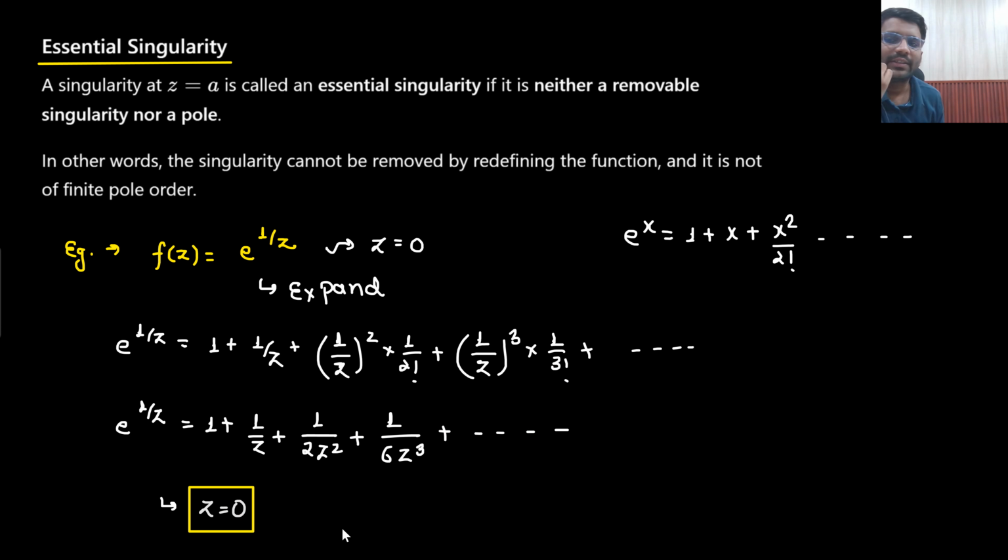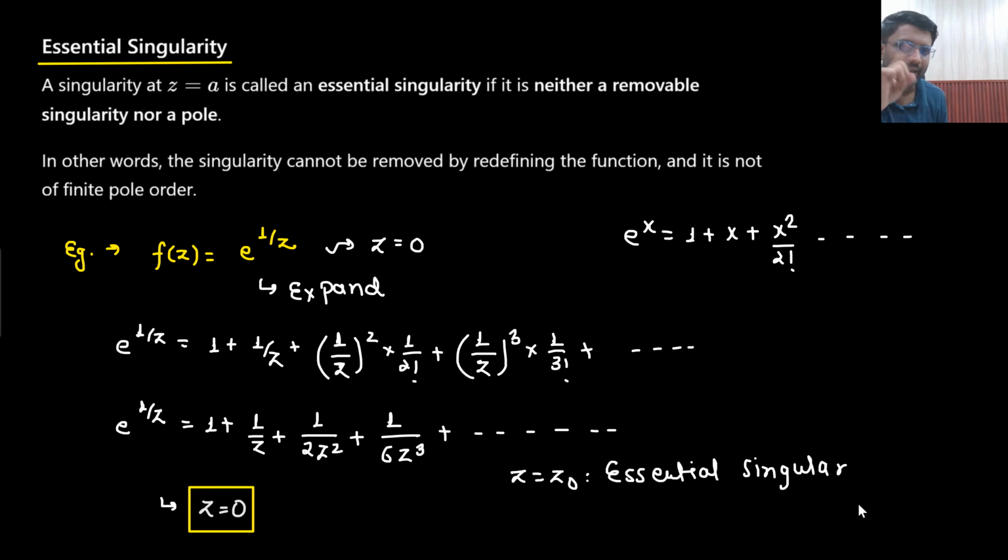Now why is it known as essential singularity? Someone would say that if I see from here, it is a single pole, and if I see from here, it feels like a multiple pole. So the exact definition is that z equals z naught will be known as essential singularity